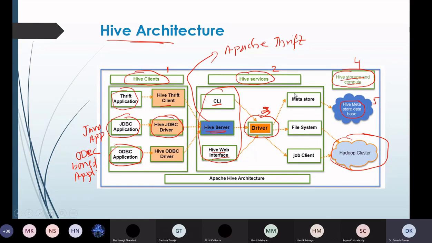Right? So drivers will also communicate with the metastore, so that we can run various queries which may be submitted by any of these applications to this Hive architecture or the Hive component for processing. Okay. So in the next lecture, I will discuss this.